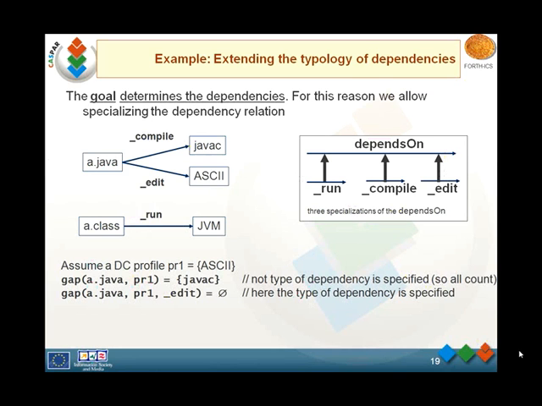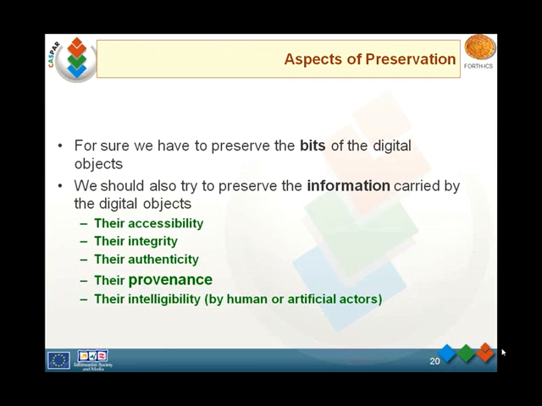So we can see that we have several dependency types that can be easily implemented using semantic web languages, since we just specialize the depends relation, and we extend the notion of intelligibility accordingly. So far we focused on intelligibility. We'll see more about the dependency management later on the demonstration.